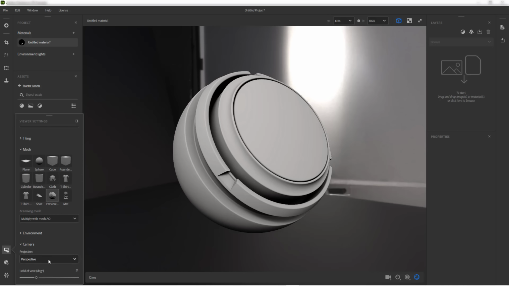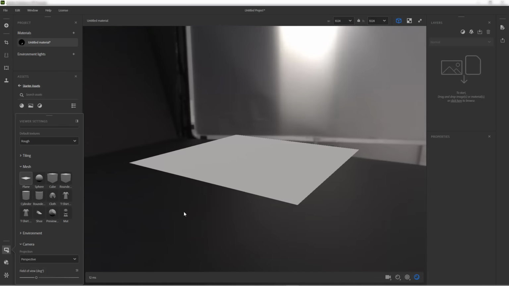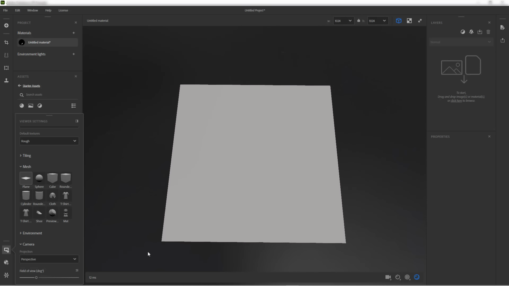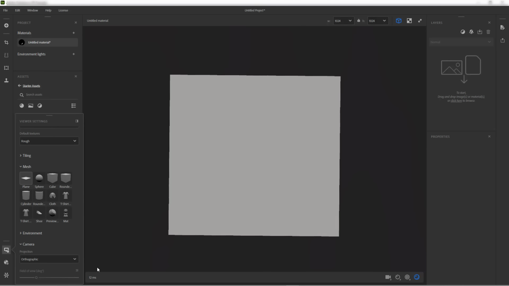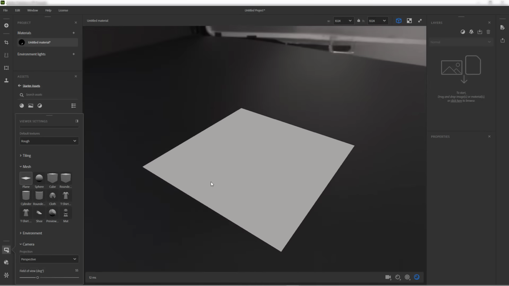You have perspective, which is great because it gives you perspective, but sometimes you have something like plane and you basically want to see it without having any perspective or distortion. In that case, you switch to orthographic. So there is no lens distortion and you can just investigate and observe your material that way. You can of course change the field of view and get a less distorted or more distorted angle of view if you want. But again, I tend to leave this as 55,